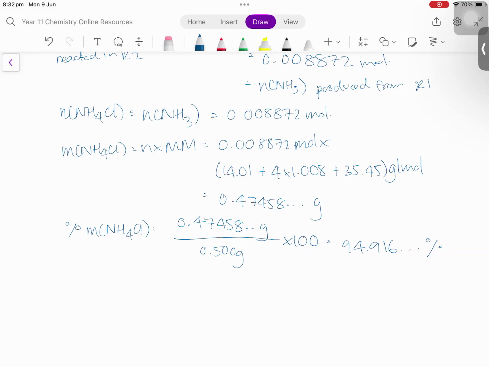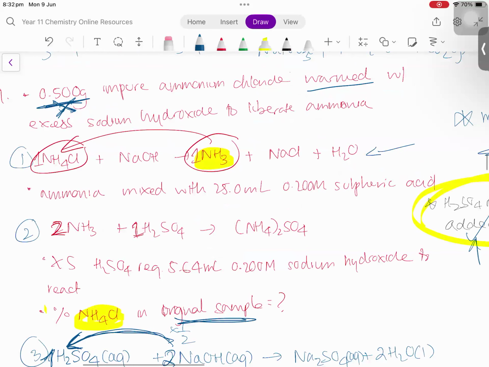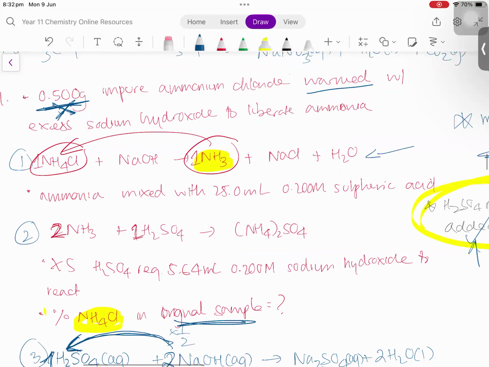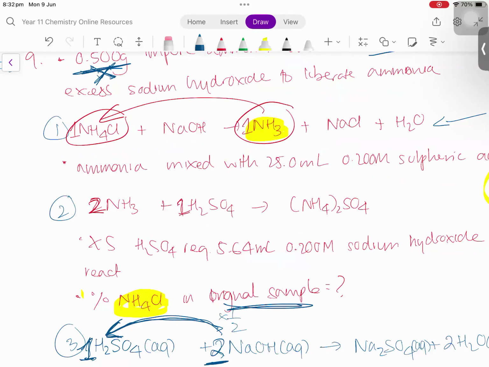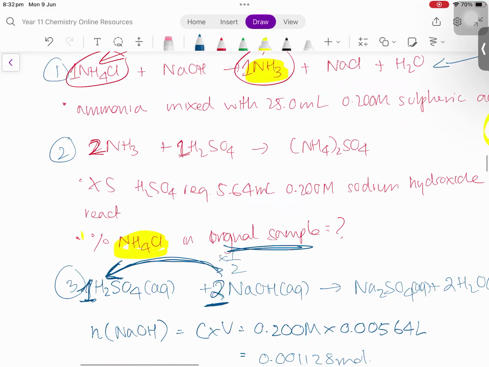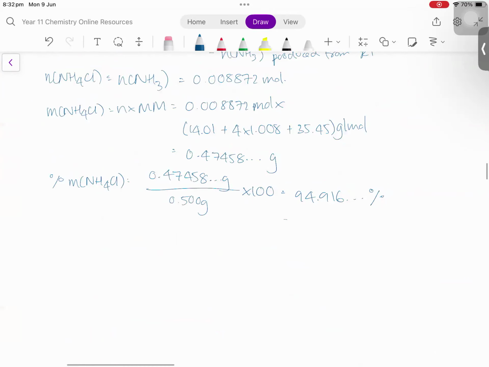You finally got to the end of the question, so we can round off here. The smallest sig fig they've given you to work with, they're all 3 sig figs: 0.5003, 25.03, 0.2003, and then these ones are 3 sig figs as well. So we're going to round to 3. You'll get 94.9% to 3